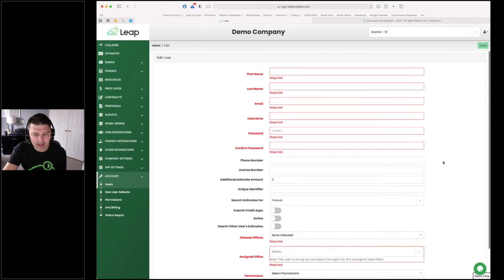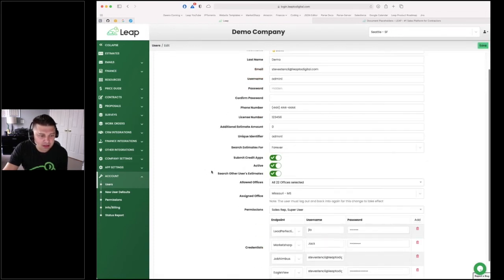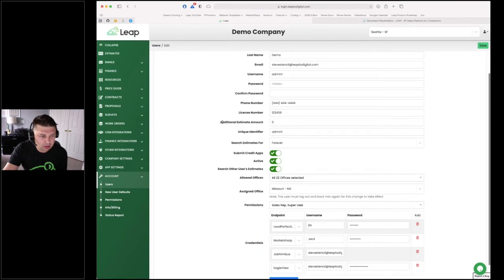Come on, my internet's acting up. There it goes. So if you look, where's that? Additional estimate amount. So if you look at this field, you can change this number. So let's say that I make it 0.10, 0.1. There you go. And then I could save that, right? And whatever number you type here, whether it is 500, 1,000, a percentage, whatever number you want to use it as,